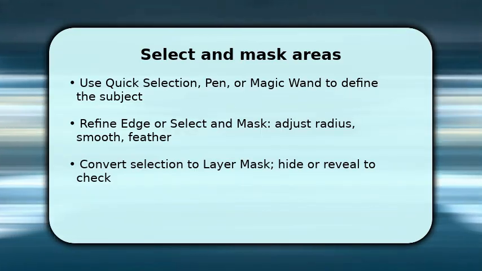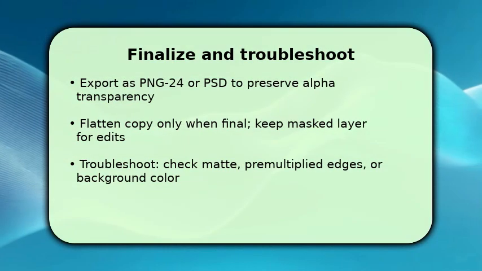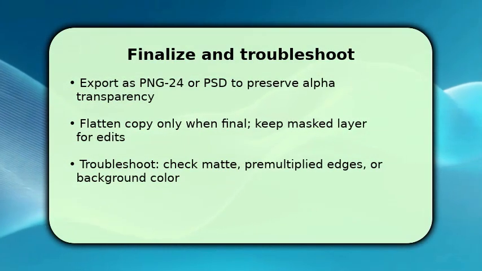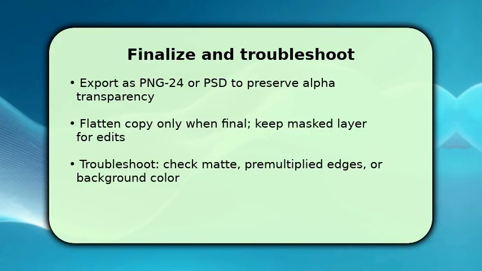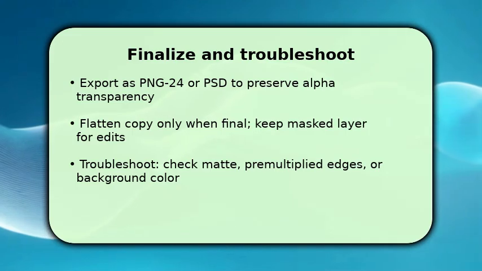To finish, confirm the masked areas show the checkerboard transparency, and then export as PNG 24 or save as PSD to retain alpha channels. These formats preserve true transparency. If you need a flattened file, first duplicate and flatten a copy while keeping the original layered file for future